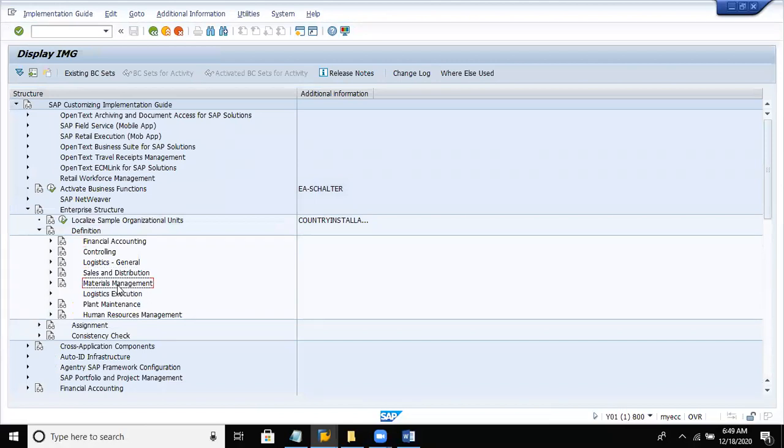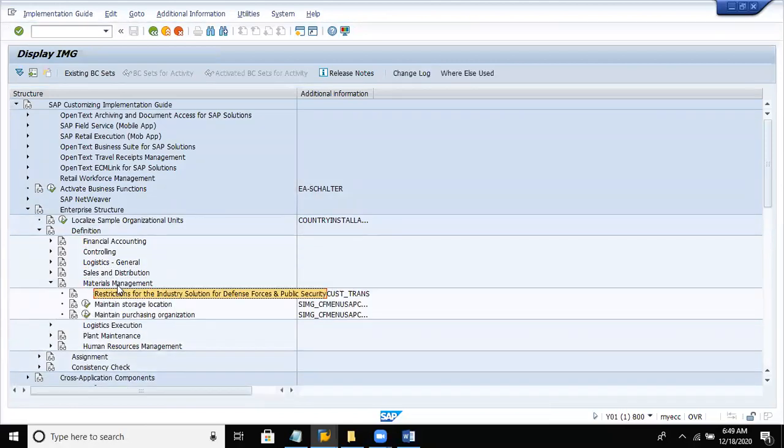Definitions related to materials management. So the main definition in materials management is purchase organization. Like how company code plays a vital role in finance, let me give you a clear picture of the main levels of every module in SAP. In finance, company code is the highest level of configuration. In SD, that is sales and distribution, plant is the highest. In HR, personnel area is the highest level. And in materials management, purchasing organization is the highest level of unit.